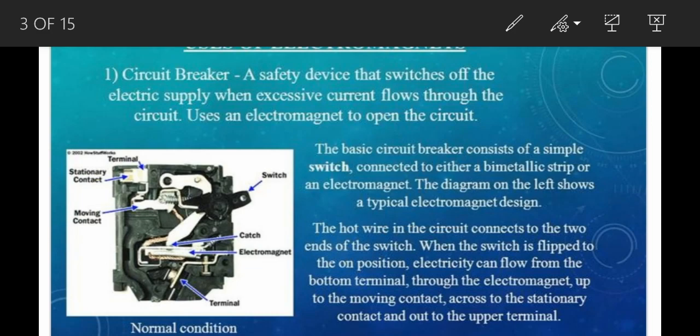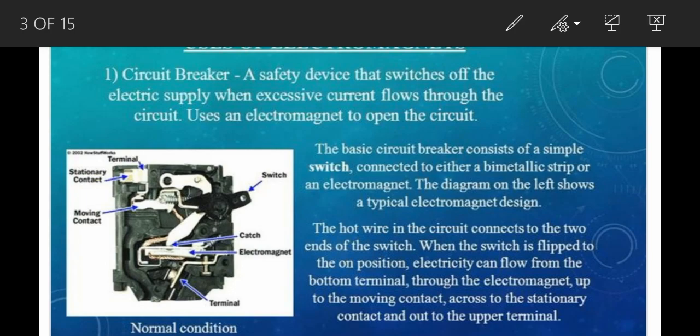Now we will discuss the uses of electromagnets. An electromagnet is used in the construction of a large number of electrical devices like electric bells, loudspeakers, electric motors, electric fans, telephones, and insulators. As you can see in the picture, we use electromagnets in a circuit breaker, the miniature circuit breaker, which we have seen as MCB. Here also it is based upon the electromagnet.